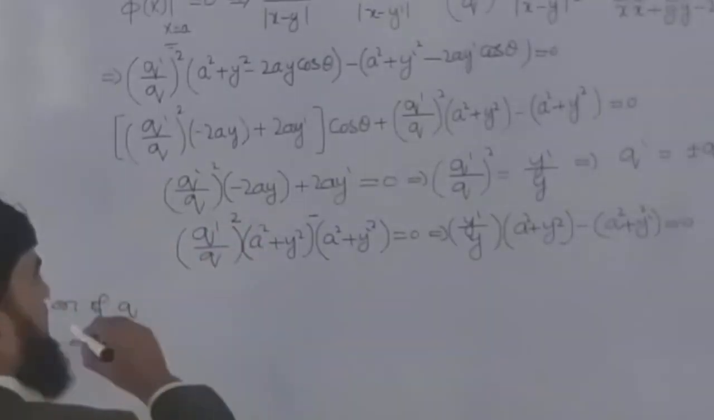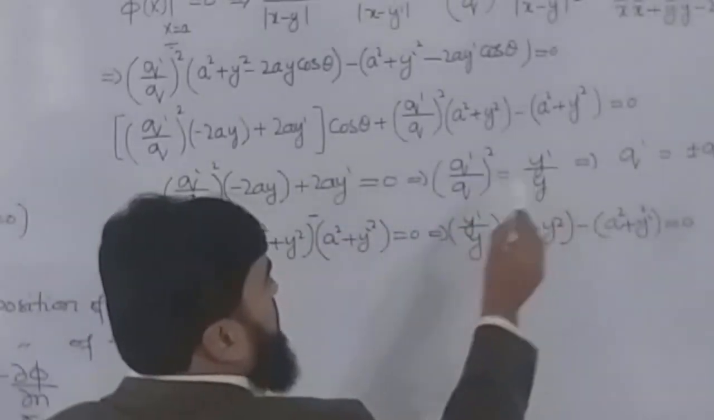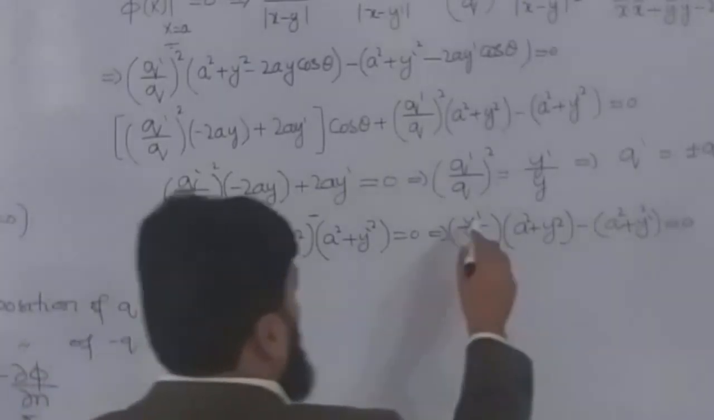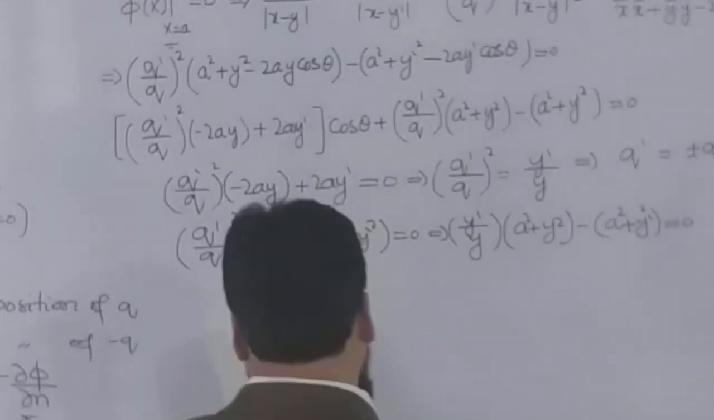This one is squared. Yes. Here the square is equal to y over y prime. Yes. Square is equal to this. So I will just write y over y prime. Now I can write that